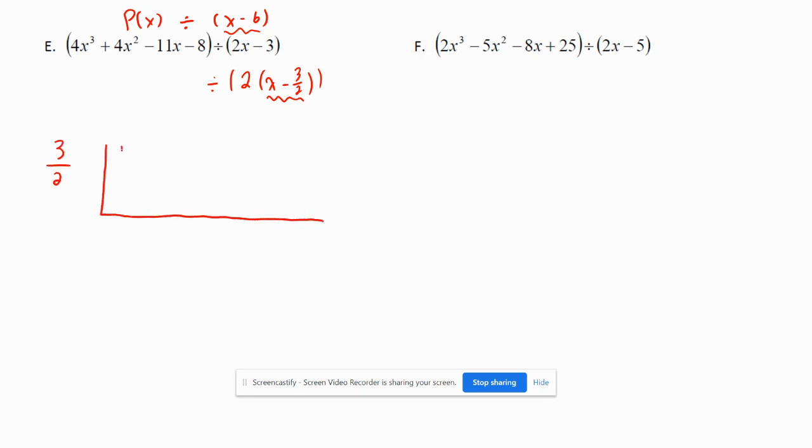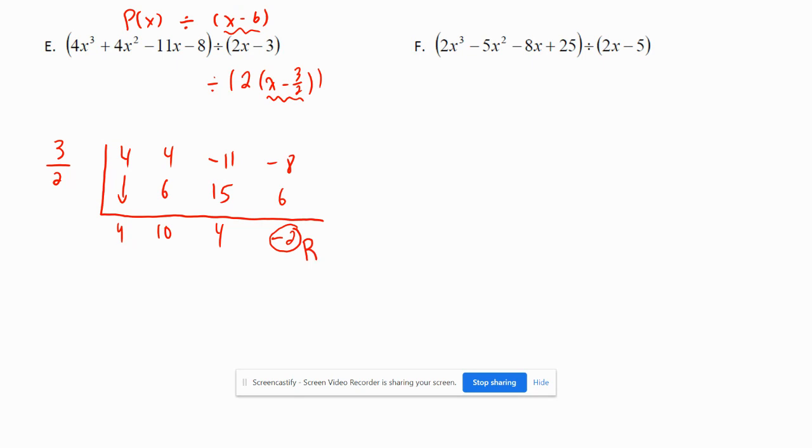And I'm just putting in my coefficients here. Same steps. 4 comes down. 4 times 3 over 2 is 6. Add 10. Multiply 3 over 2 by 16, add 4, and we get negative 2. Okay, so what this answer is talking over here, this negative 2 is our